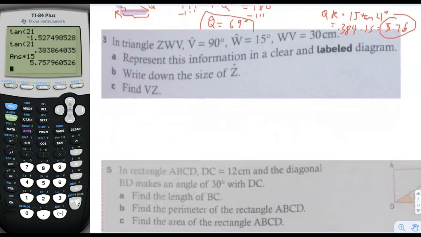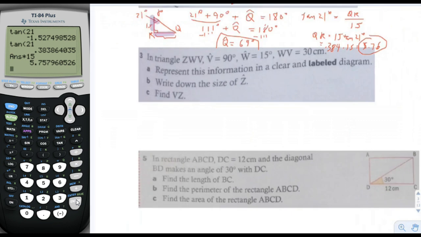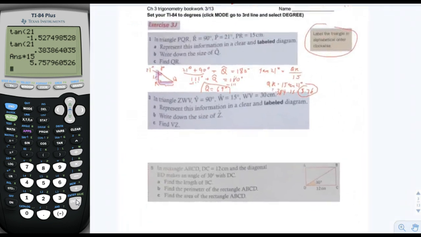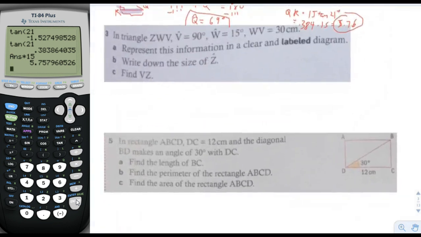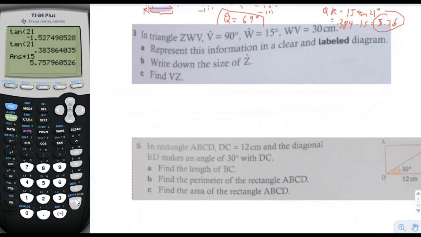Now we're going to number 3. In triangle ZWV, that's kind of funny. It says to label in alphabetical order clockwise. They give us ZWV. That's not in alphabetical order. Okay, so ZWV, alphabetical order would be VWZ, right? Okay, so we'll label it VWZ. And V is 90 degrees, so V is going to be this one, and then W and Z, we're going clockwise. Okay. So V is 90 degrees, W is 15,